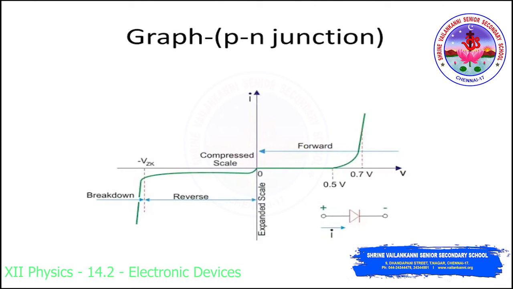For the reverse bias, as you have seen, a very small current of about a few microamperes flows, right? And it remains almost constant with the bias. This small current we call the reverse saturation current, right? When the reverse voltage across the PN junction reaches a sufficiently high value, the reverse current suddenly increases to a large value. This voltage is the breakdown voltage, which is the Zener breakdown voltage, or peak inverse voltage, right?